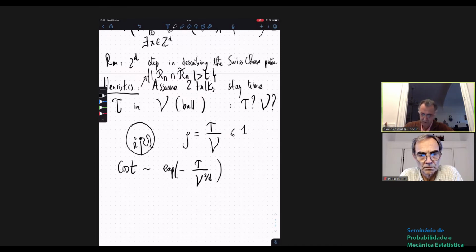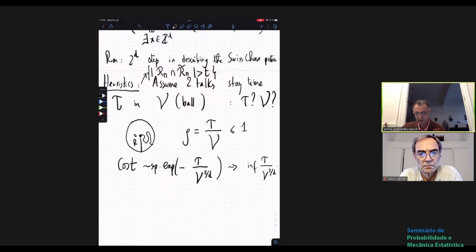Okay, and I want the scenario which has the largest probability of happening. So I want the sup of this probability, which is basically that I have to look at the inf of tau over v to the 2 over d. So now transform everything in terms of density. I have to say that my constraint, my intersection bigger than t,